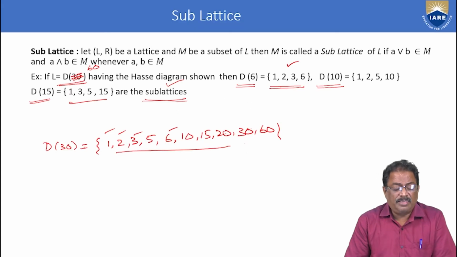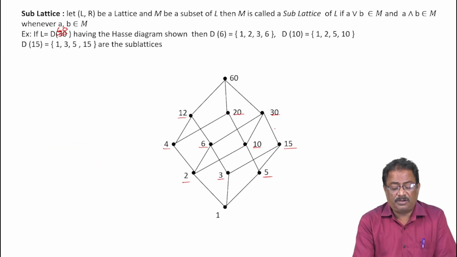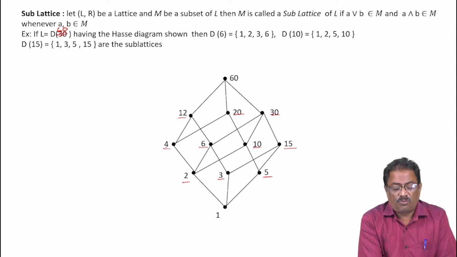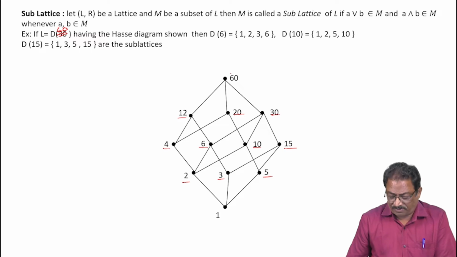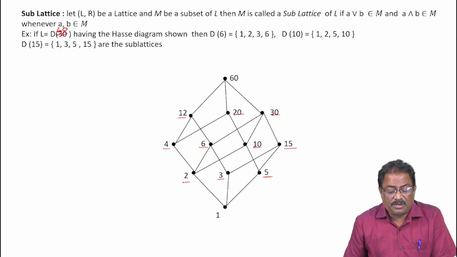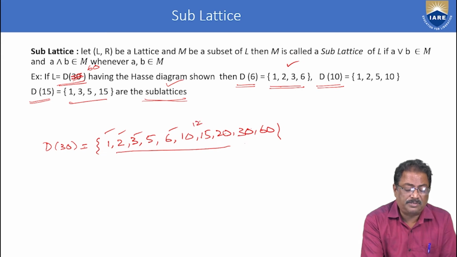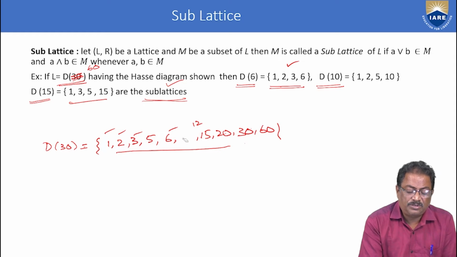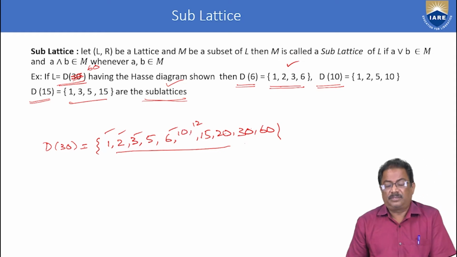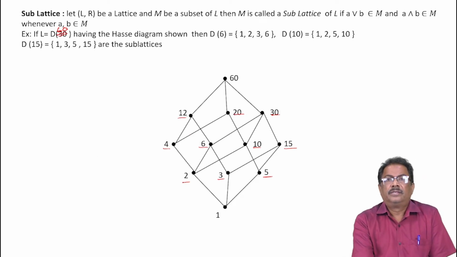So these are the elements 1, 2, 3, 4, 5, 6, 7, 8, 9, 10, of course 11. What is the other element? 6 is also there. 12 is another element. So 11, 12 elements will be there. So those things we are going to represent in this, and then automatically we can say